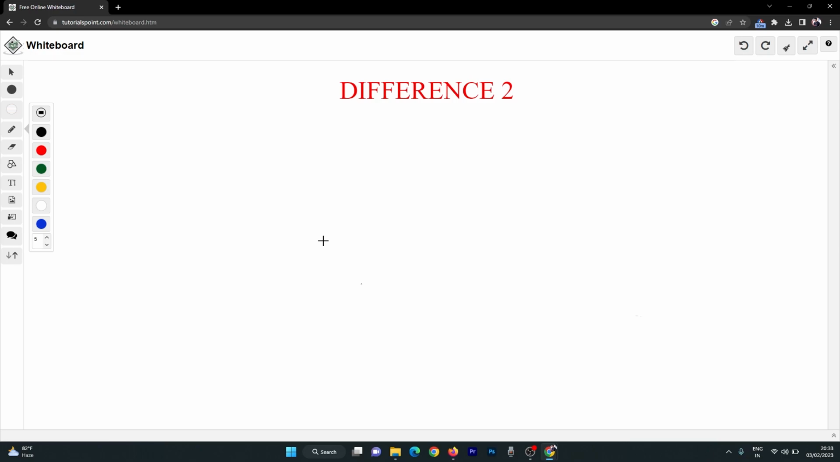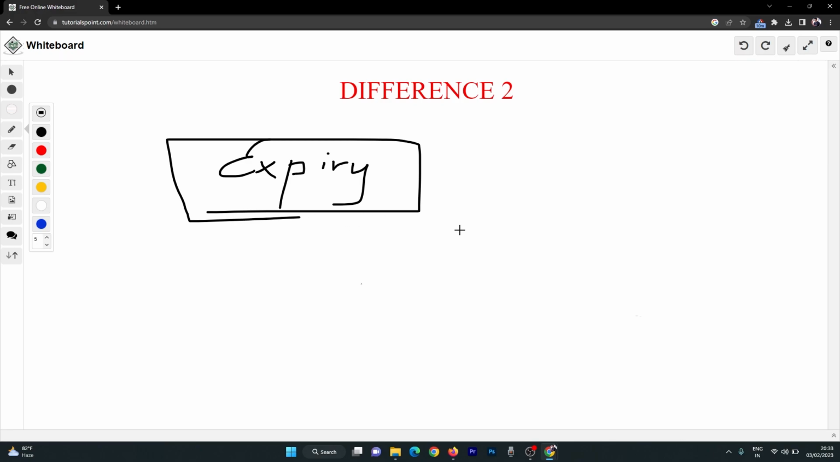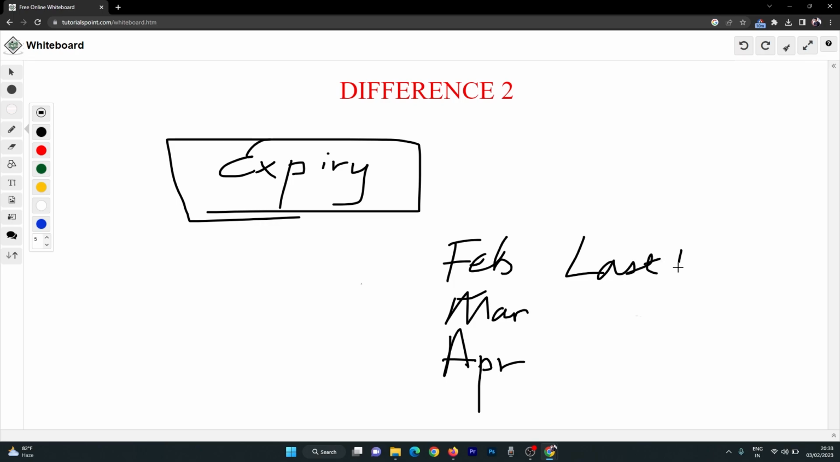So what's the second difference? The second difference is that there is an expiry to each future contract. So we learned that the future is basically a contract, right? So every contract has an expiry date. So what happens here is that every month, let's say Feb and then March and then April, there is an expiry to these futures, right? So when do they expire? They expire on the last Thursday of every month, and if the last Thursday of every month is a holiday, then they will expire on